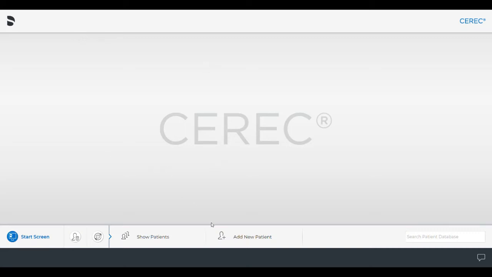Okay, so what I'm going to walk you through are some of the new updates that we have in the Serac software for us to be able to do models, splints, and custom impression trays directly from the Serac chairside software. So with this updated JSON file, which is a JavaScript file, you do not need to interface regularly with